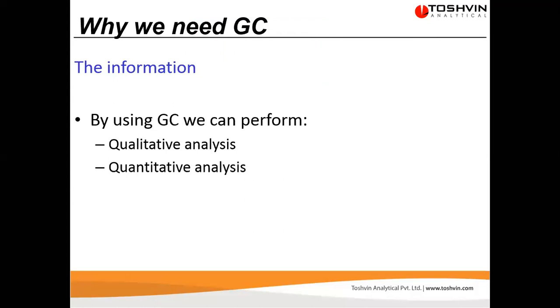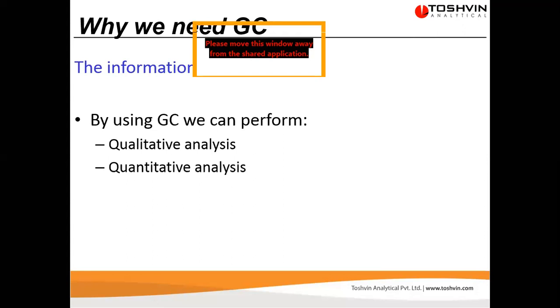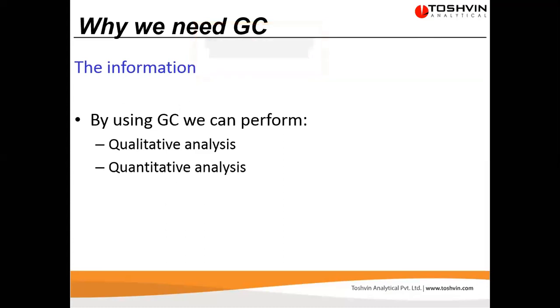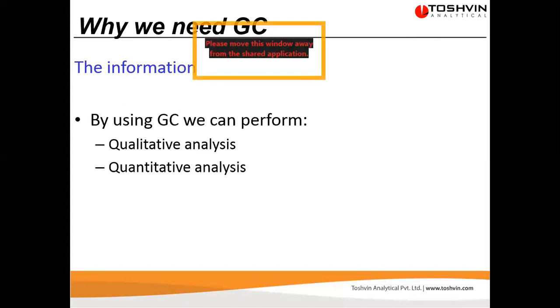The only thing is that for quantitative analysis, we always require a standard, because we have to compare things, like the area of the standard I'm getting, say, for 1,000. If the area in the sample for the same content I'm getting is, say, 700. So it is a correlation: for the standard this is the area, for the sample this is the area. There is a calculation, and you can calculate the amount present in your sample. That is quantitative analysis.